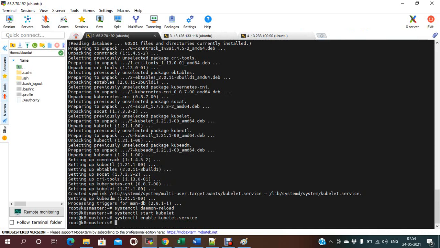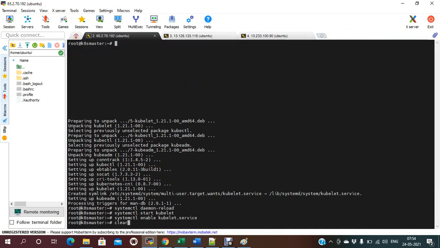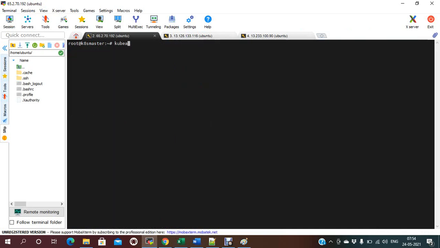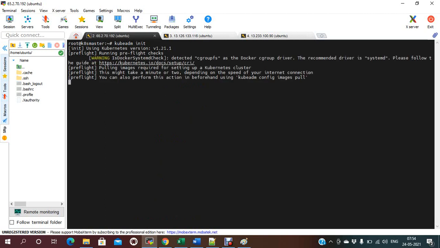I just need to run it only on the master. However, we did docker swarm init, right? So it will create a cluster. Same here, we just need to run this command. It will give you the configuration details, and it will give you the key to join the nodes to the cluster.